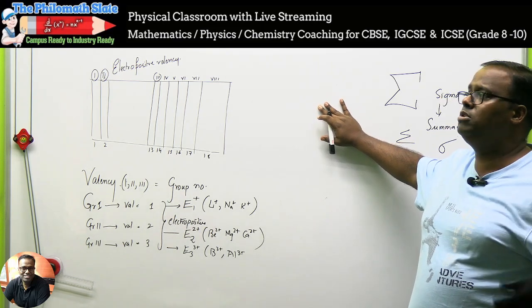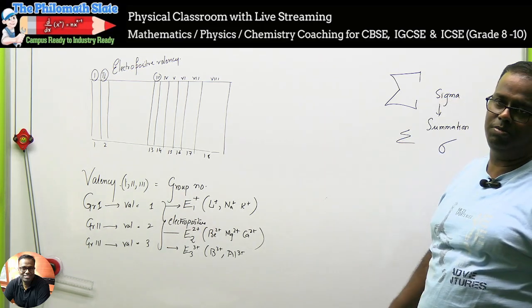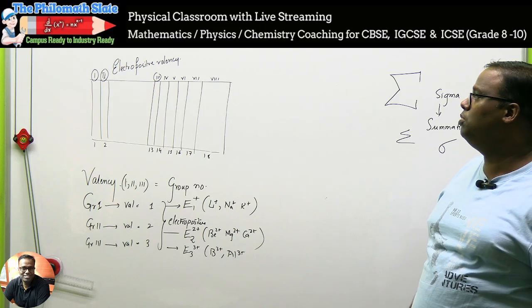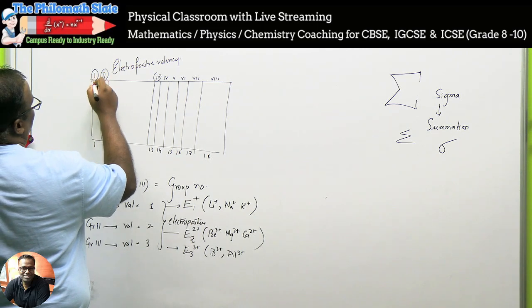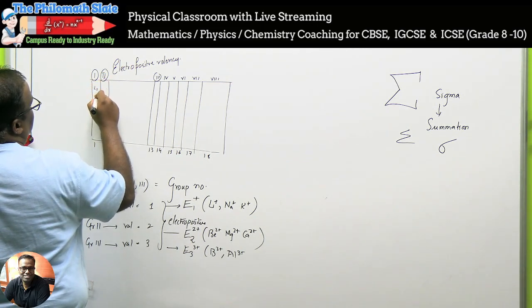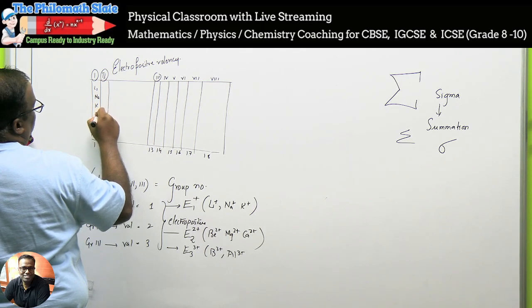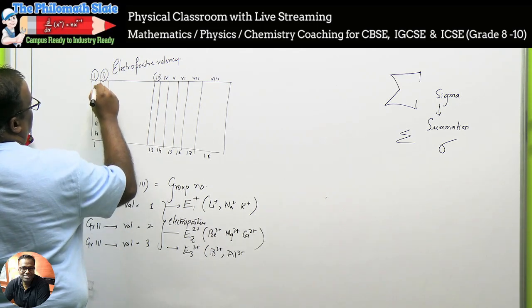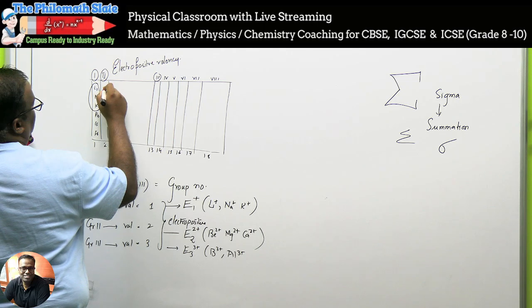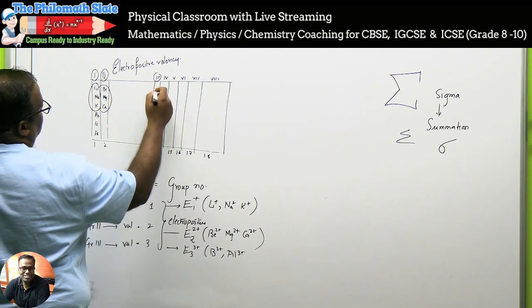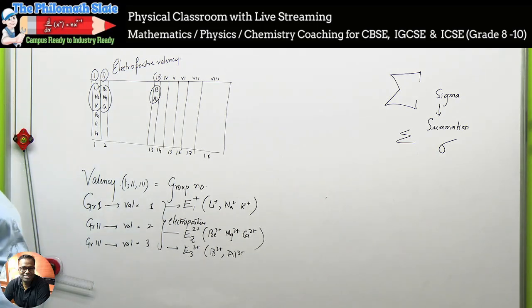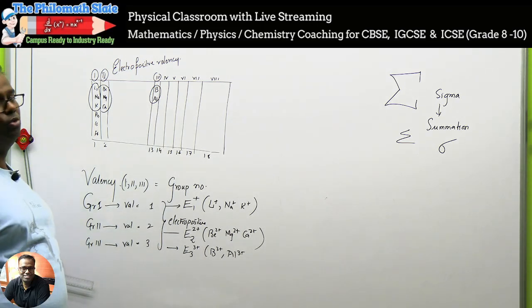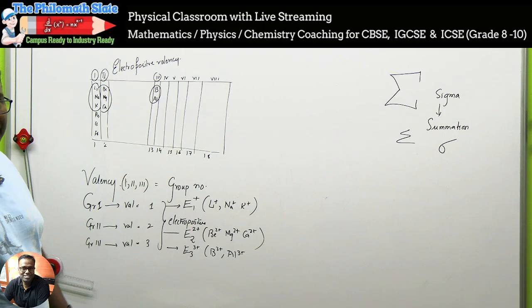Again, bring a fresh periodic table. Slowly, what will happen? It will settle in your mind. Right? Group 1, group 2, and group 3. If you want hydrogen, it is shown here, but I'll not talk about hydrogen. Li, Na, K, Rb, Cs, Fr, and you are interested in only these three. Here we have beryllium, magnesium, calcium. I have written this for you. In group 3, we have boron and aluminium, because you are a grade 9 student. You are not supposed to know anything more than 20. Calcium is 20. Let's move ahead, right?